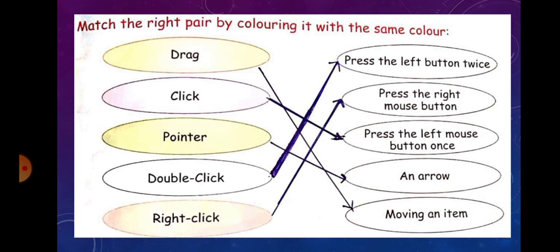Double click. Press the left mouse button. Color it with blue color. Okay. Press the left mouse button and draw a scale. You can put an arrow with the help of scale and pencil. Now right click is press the mouse button. Color it with pink. Dear children, you can also put an arrow mark with the help of pencil and scale, but do it nicely and properly in copy also.